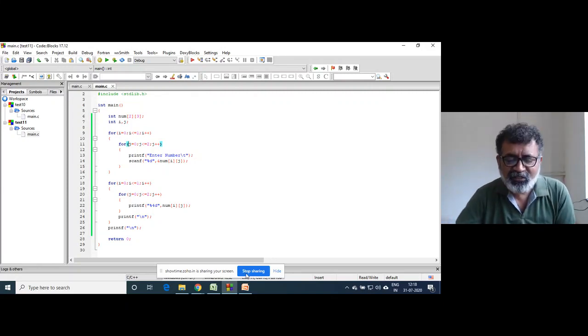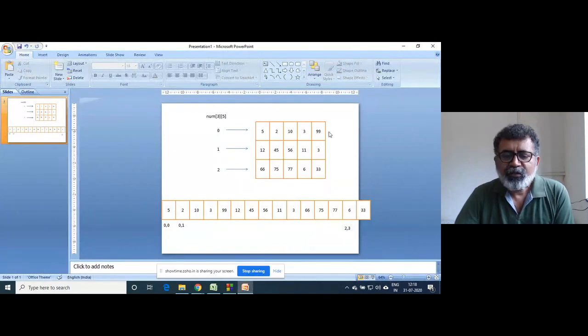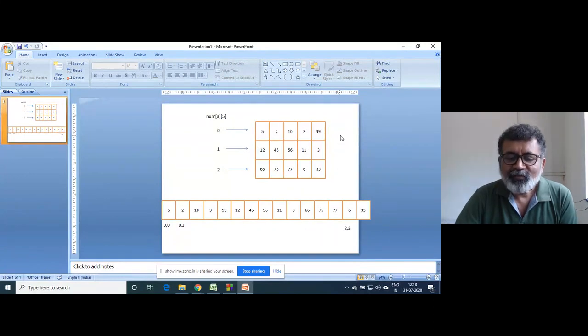A double dimensional array is an array of single dimensional arrays. If you can see this image, this is a double dimensional array, but inside memory this is an array of single dimensional arrays. Why? Because each is a separate array.